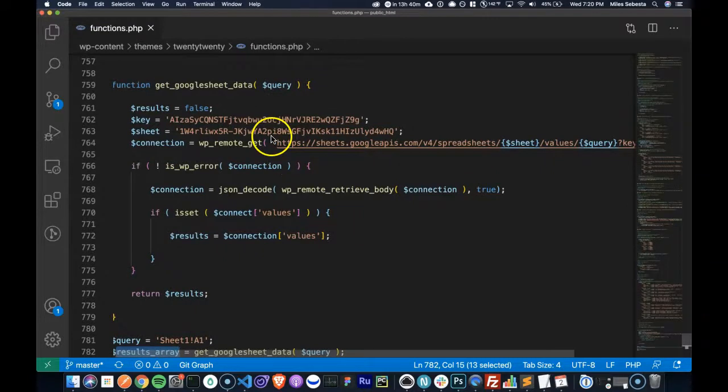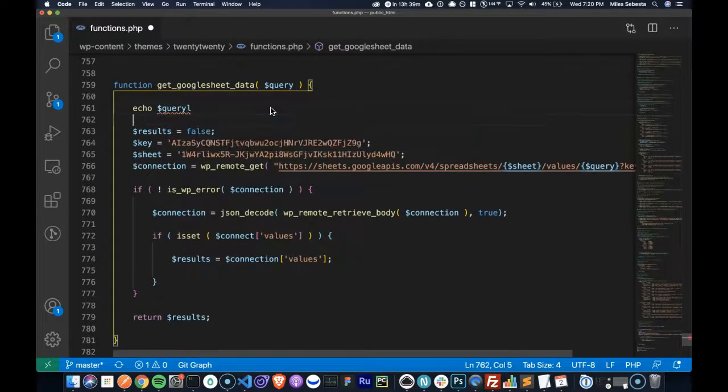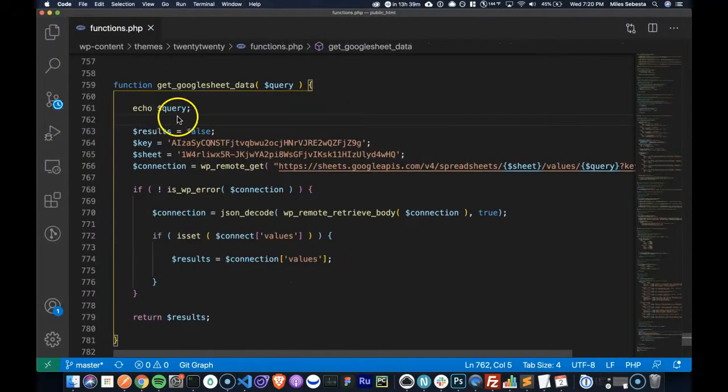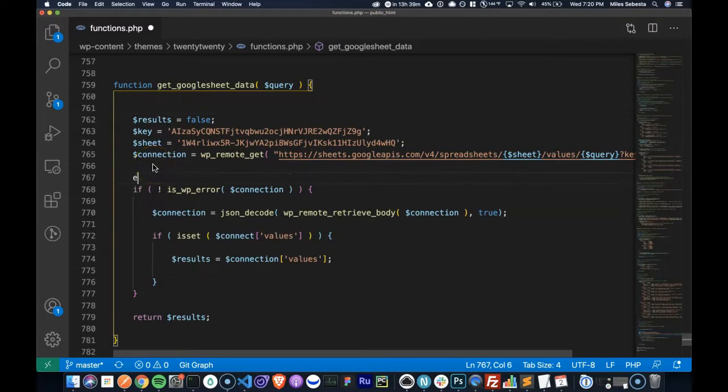So now let's test some things. I'm going to say echo query. Let's troubleshoot this out. So my query is being selected. Echo connection.